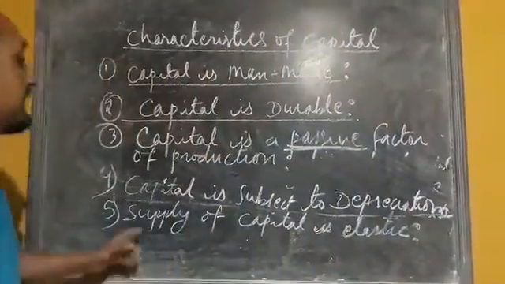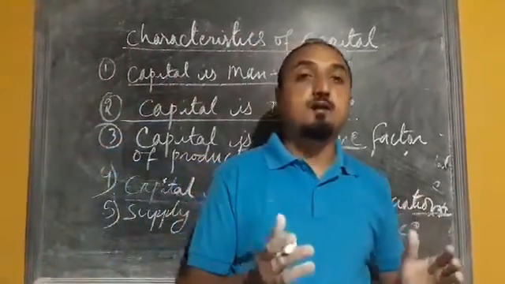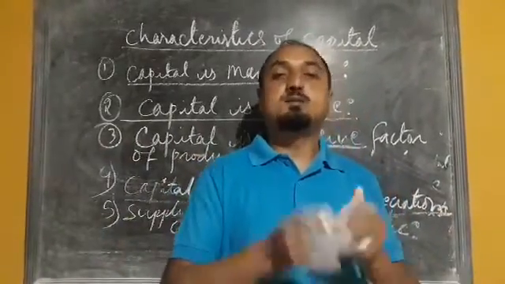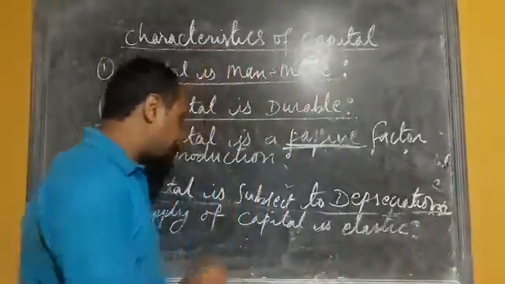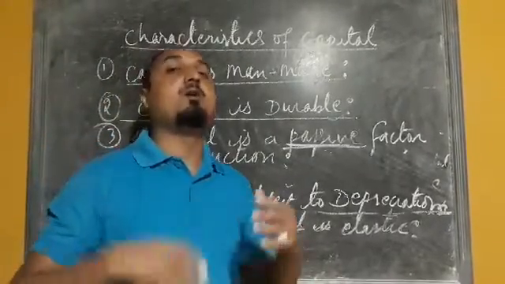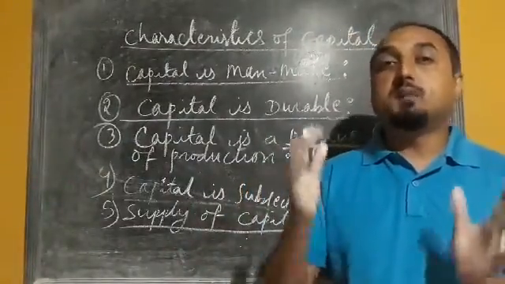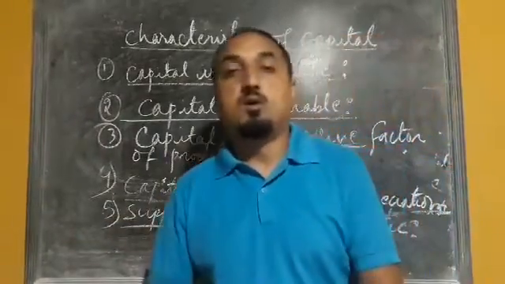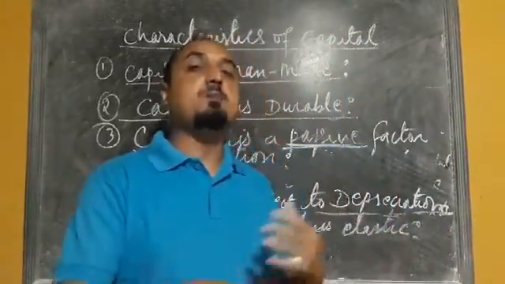Okay, next point we have supply of capital is elastic. Like we have seen in the case of land. So land is fixed in supply, or we can say that supply is fixed and limited. So we cannot increase because that is a gift of nature. But capital, the supply of capital can be increased or decreased depending on the situation. Whenever the demand for machinery equipments is very high, the production of that machinery equipments will be high, so the supply will be more. Whereas if the demand for machinery equipments is less, in that case the supply will be less.